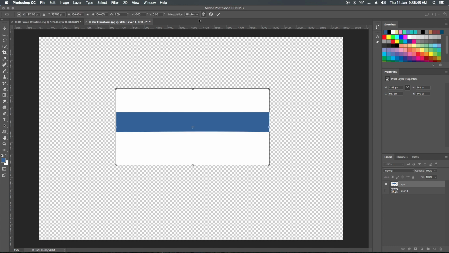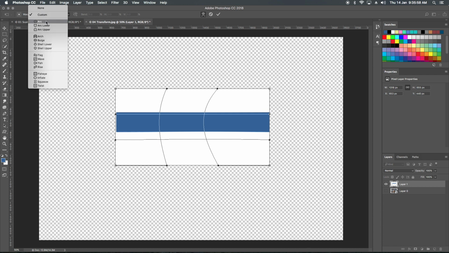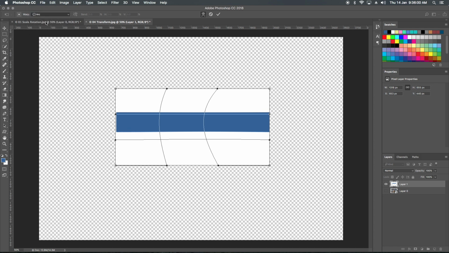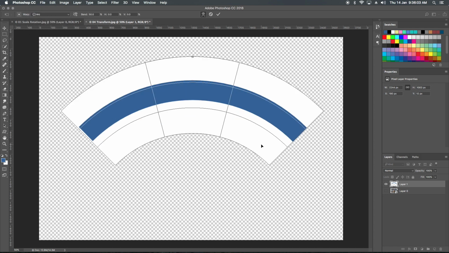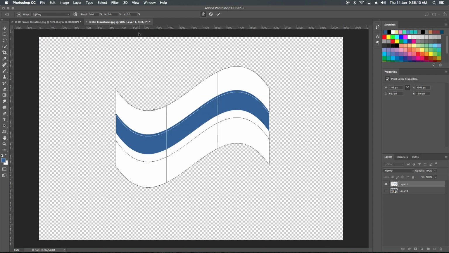So again, by clicking on wrap, on the top left side is the custom option. If I go here, there are so many more things. If I click on arc, now you can see it's converted the image to an arc. So now new shapes are forming. Okay, now if I come to flag, you can see it's coming to flag, and this is bend, how much bend we want.